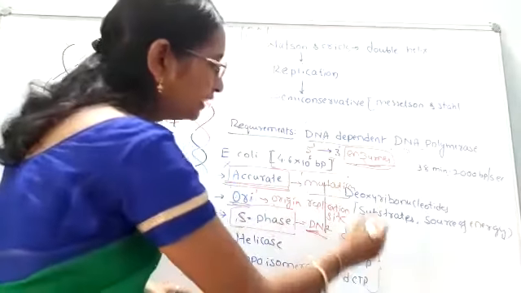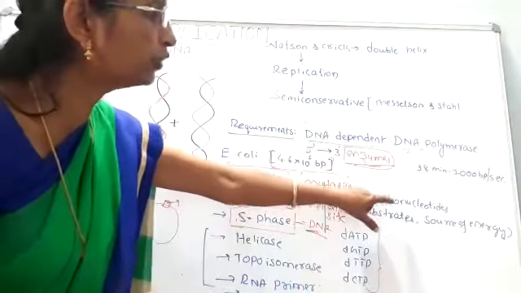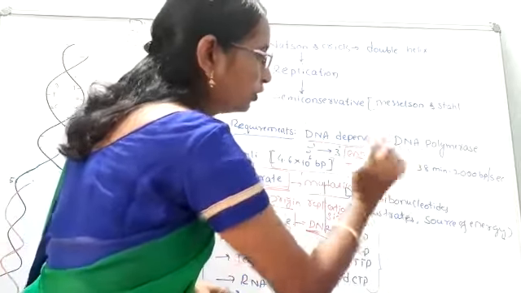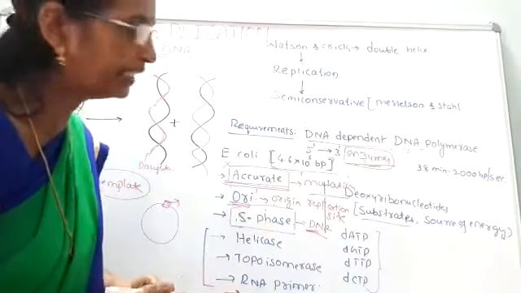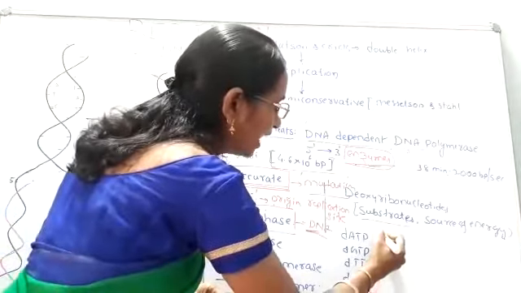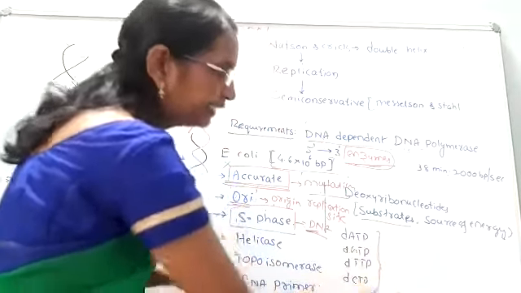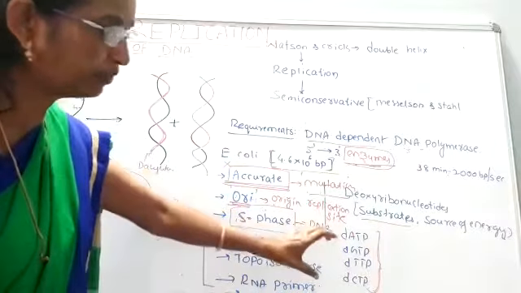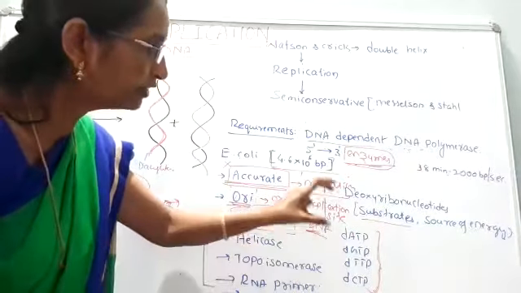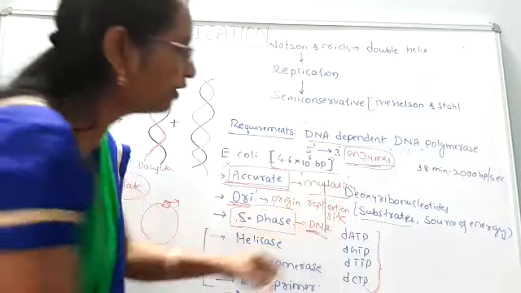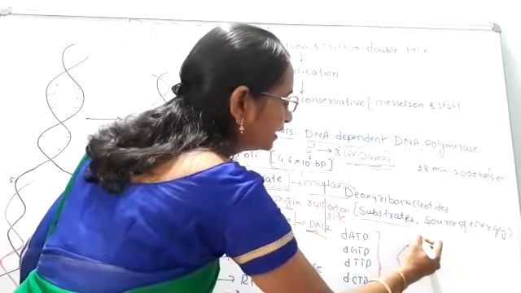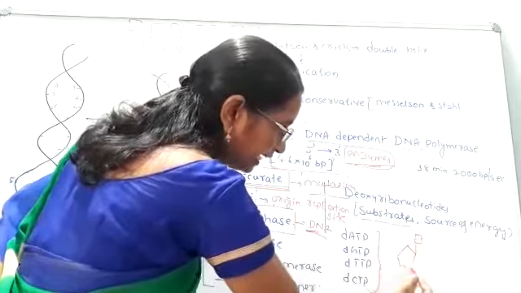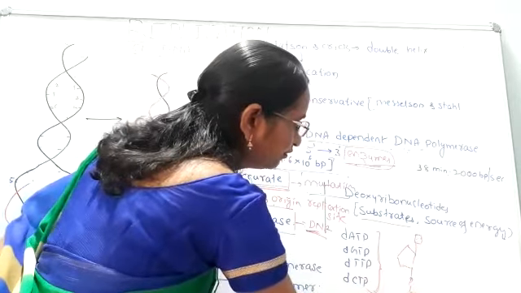Phosphate group is required. So these are not only deoxyribonucleoside triphosphates, as we call them, or otherwise we can also call them deoxyribonucleotides, which act not only as a substrate, but they also act as a source of energy. ATP, CTP, adenosine triphosphate, guanosine triphosphate, these are the nucleotides which are the source of energy, because they provide it. You know that here is the sugar, here the nitrogen base is attached, and here the triphosphate is attached.